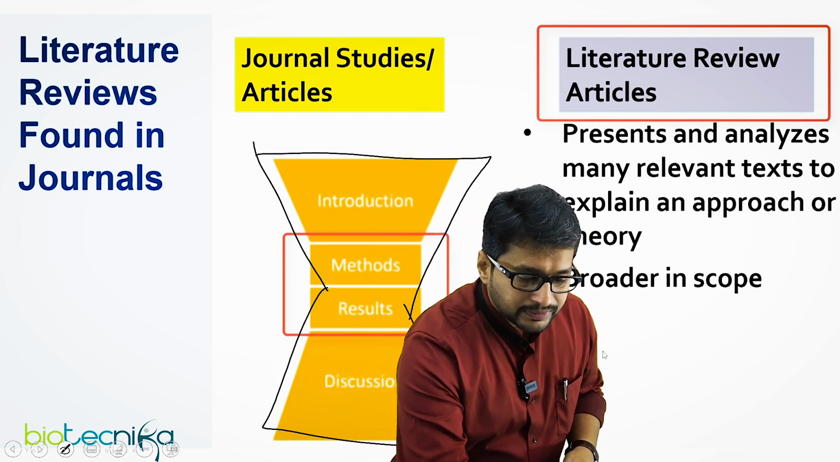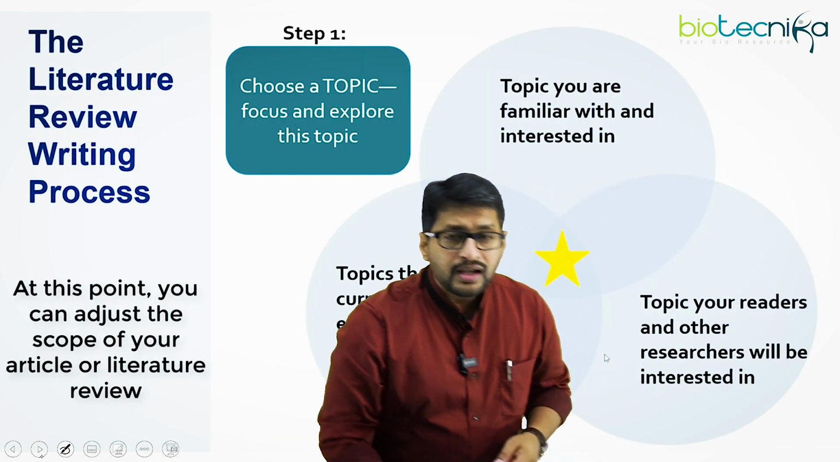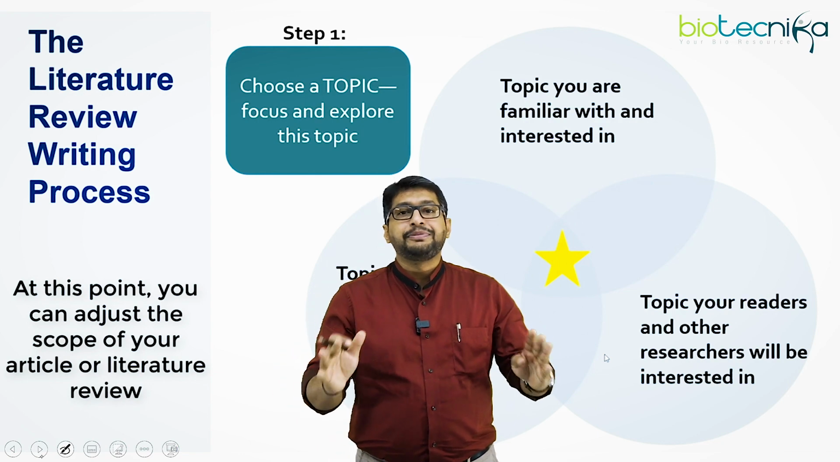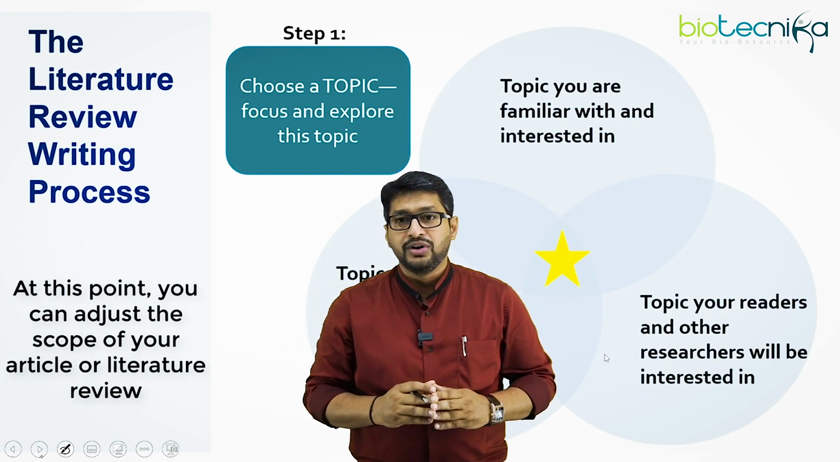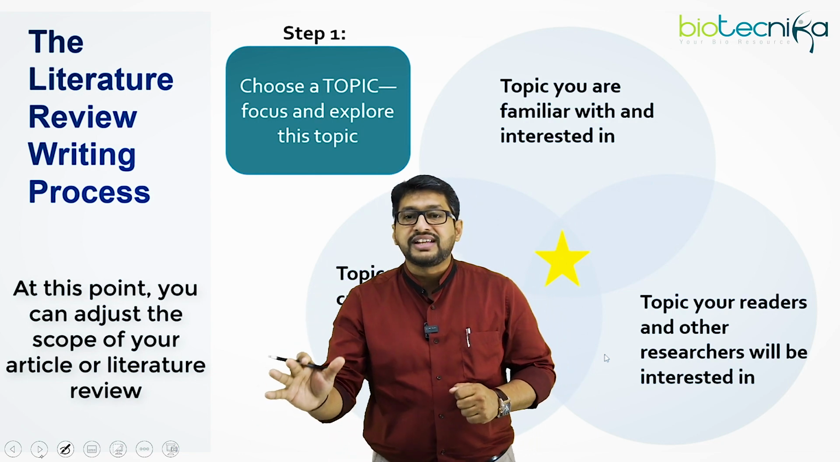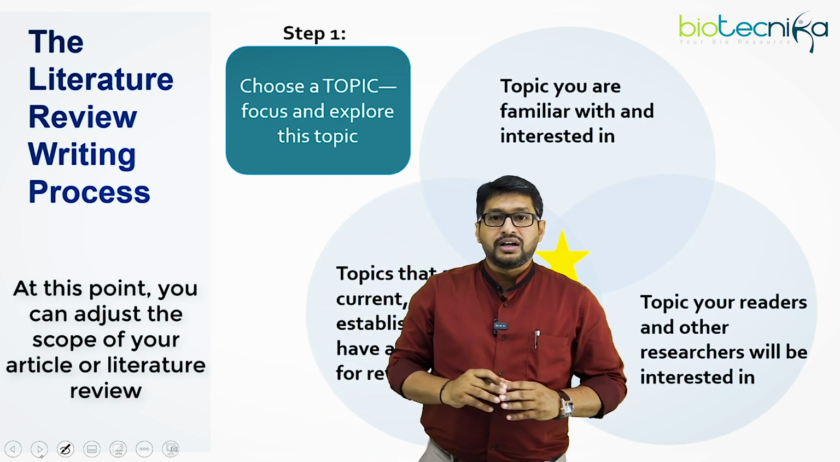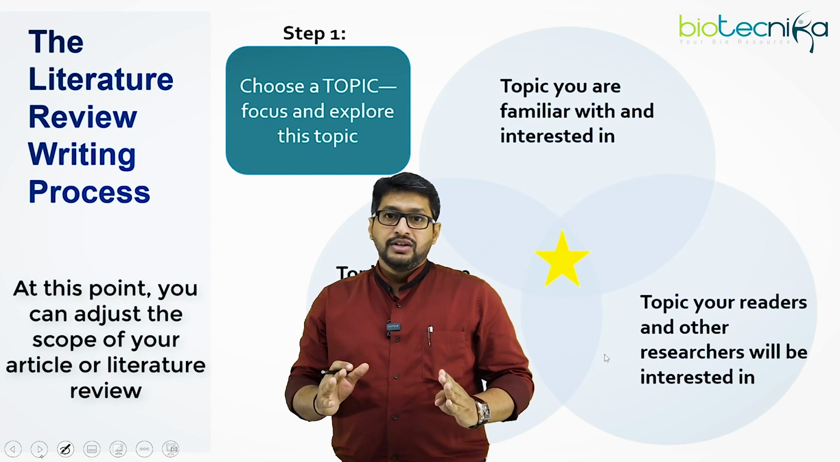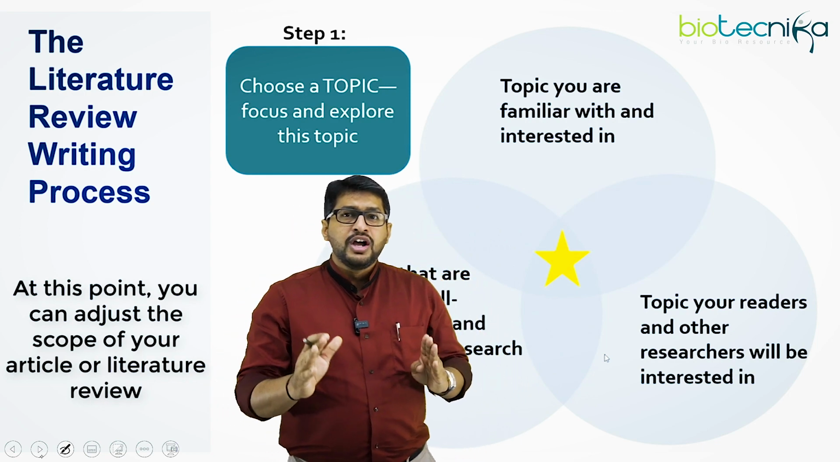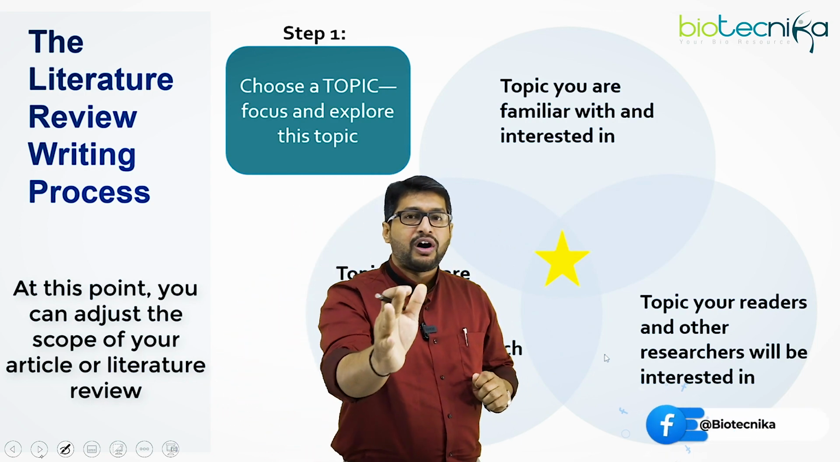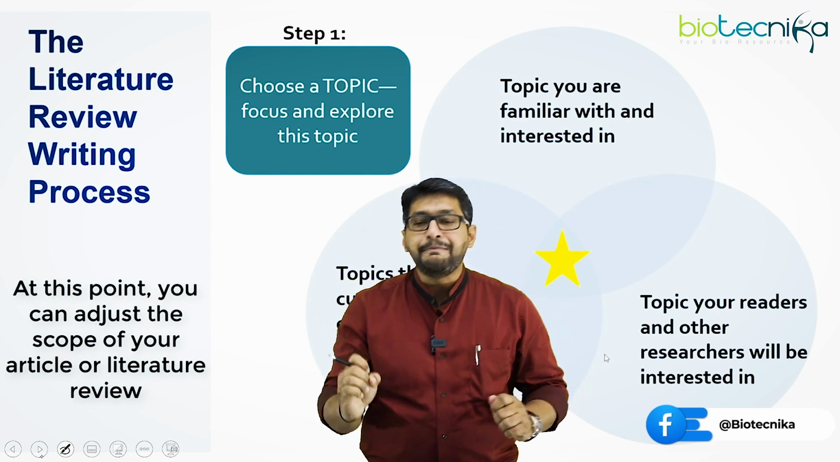Now, to do this, we have 6 major steps which have been explained in this particular video. So make sure you follow all these 6 steps for an effective review of literature. Now, the first step is to choose a topic. So when you choose a topic, make sure you find that sweet spot wherein everybody is tempted and interested